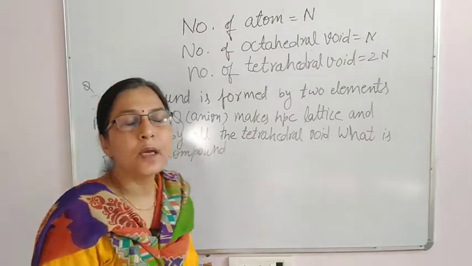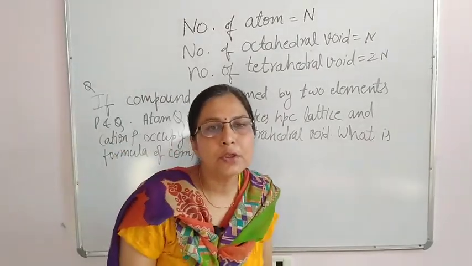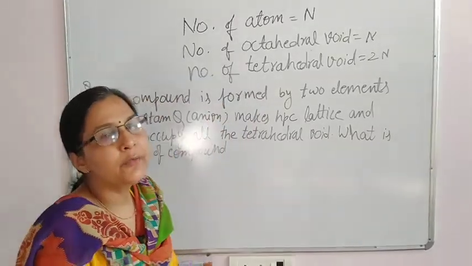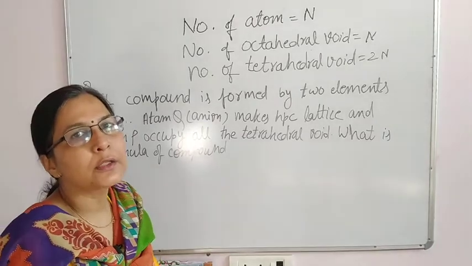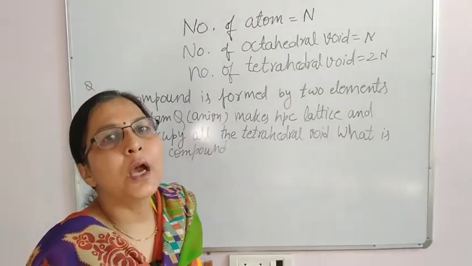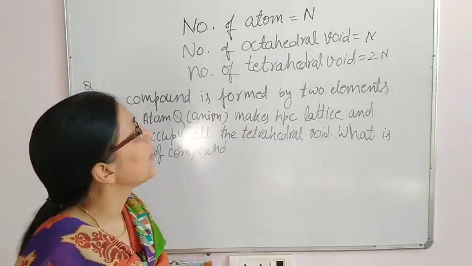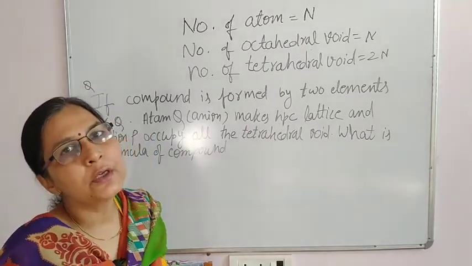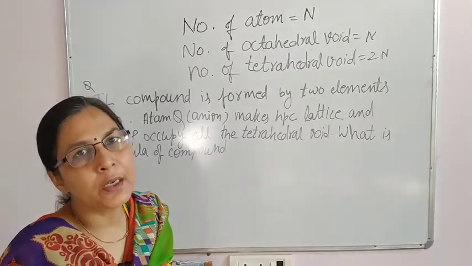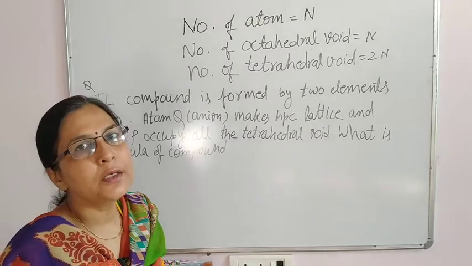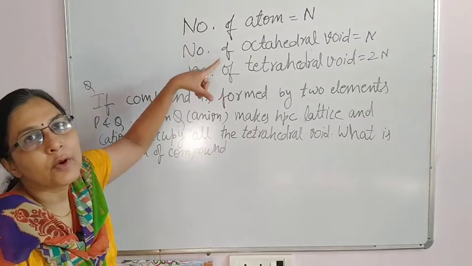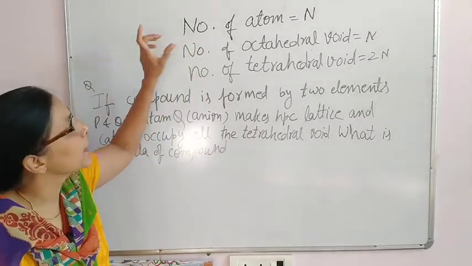Here we are determining the calculation of the number of voids as well as the number of atoms. Generally voids are smaller and atoms are bigger. So in an ionic compound, the position of the lattice point is taken by the atom, and cations remain in the voids. It means an ion remains at the lattice point position and the voids are filled up by cations.